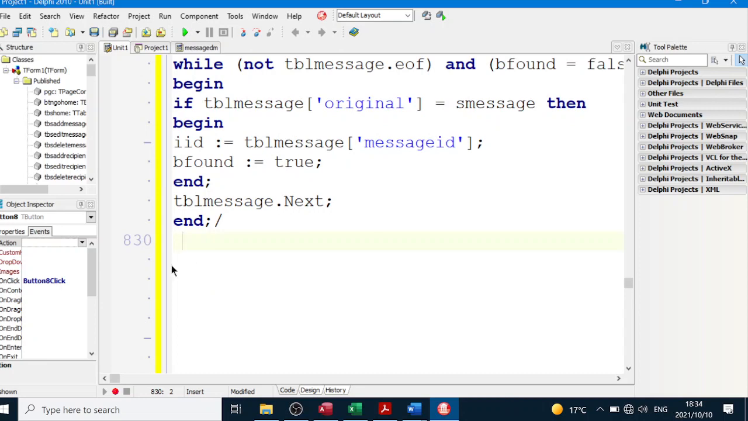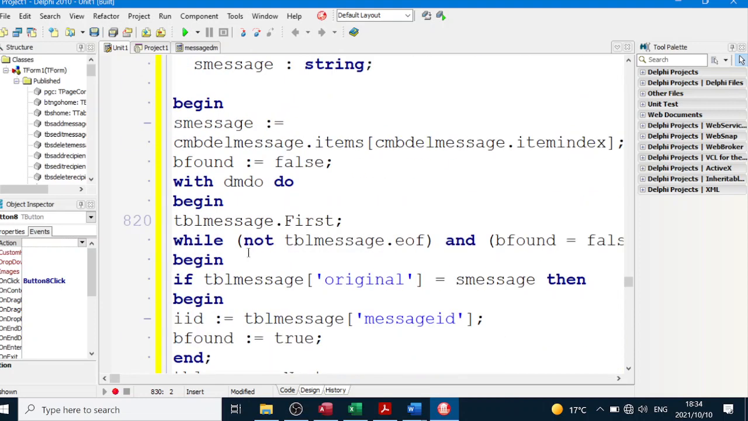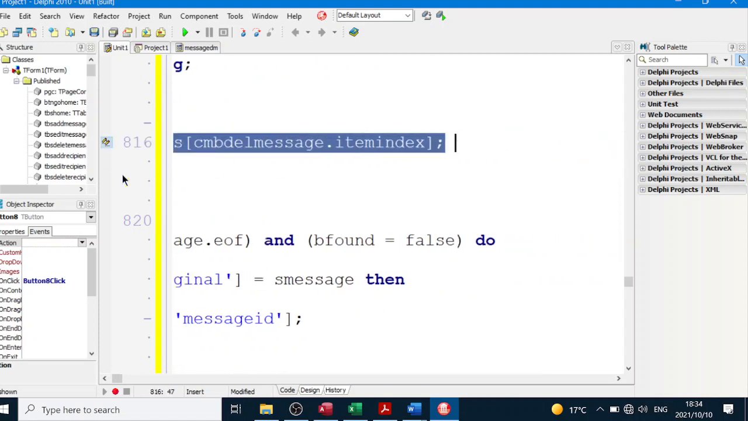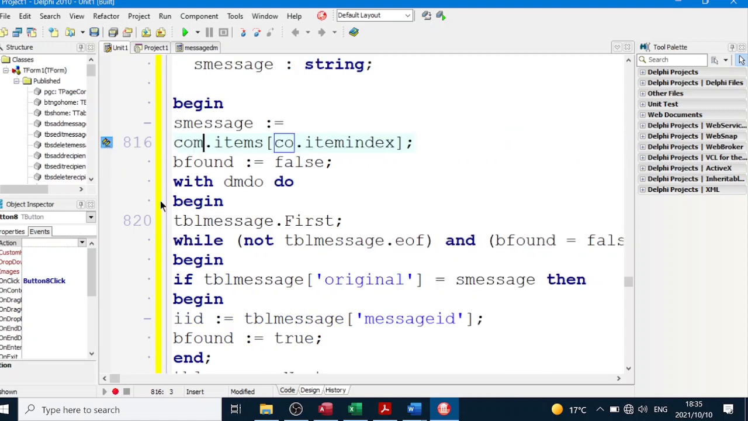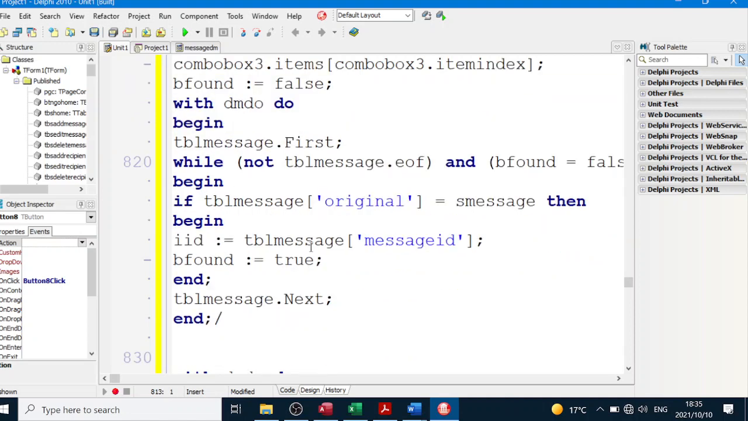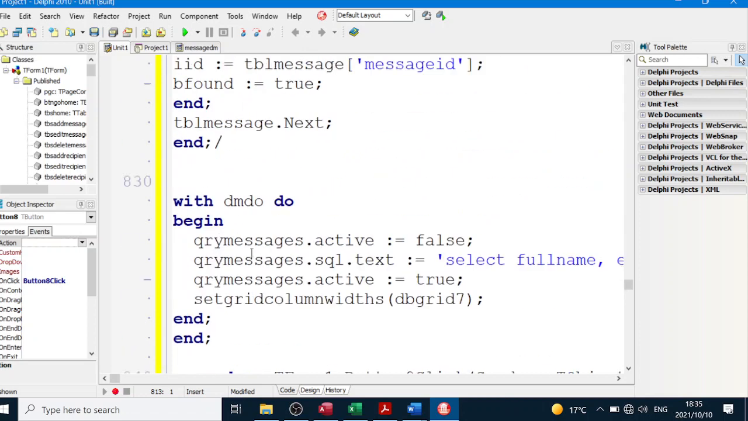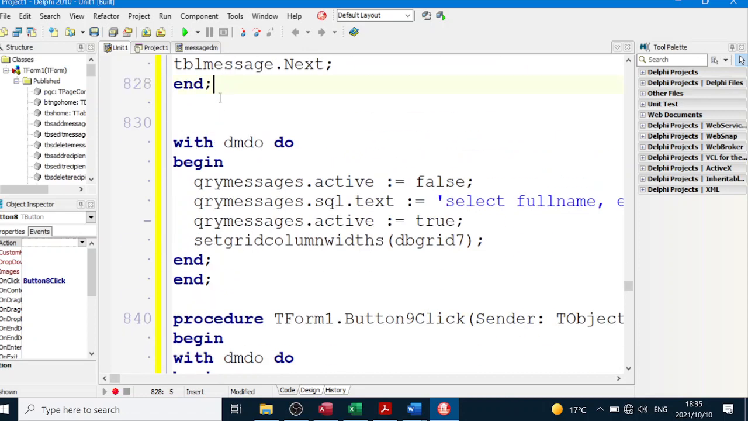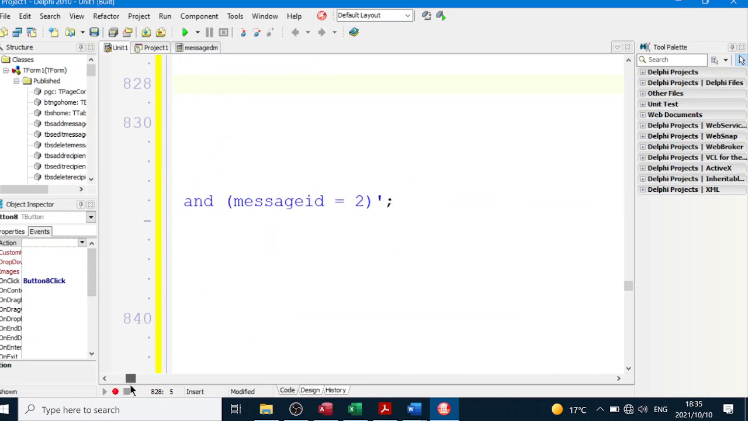So at the end of this, we should have CM combo box 3. You see, I'm getting lazy to go and give names to my combo boxes, but you mustn't. Right, so then we get our ID, and now we're going to use our ID in this string. Instead of saying message equal to 2, we've got to cut that string short there and say